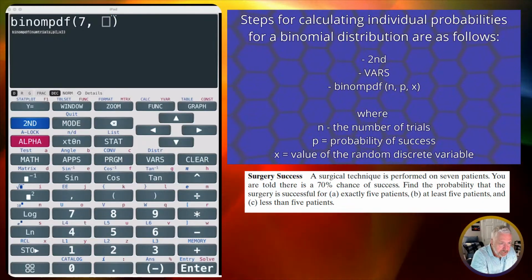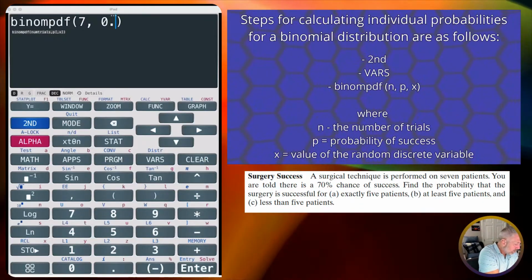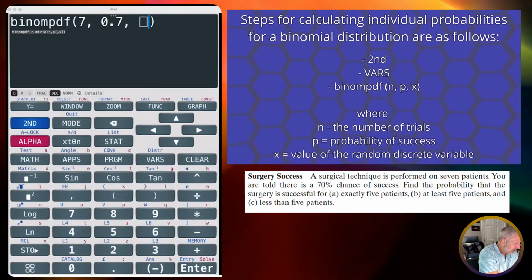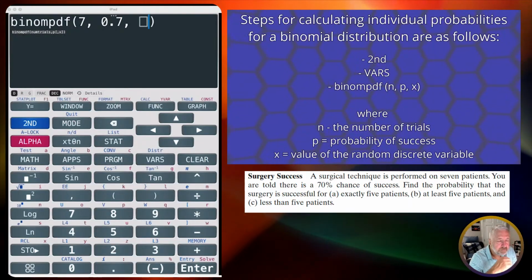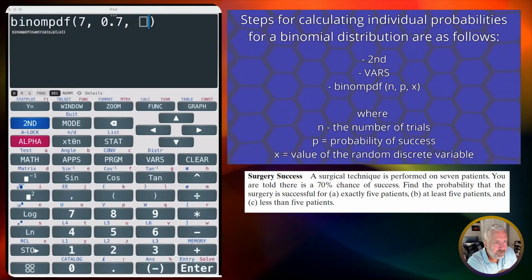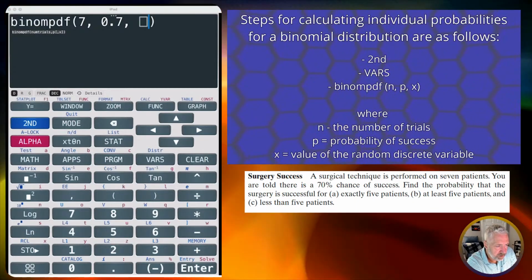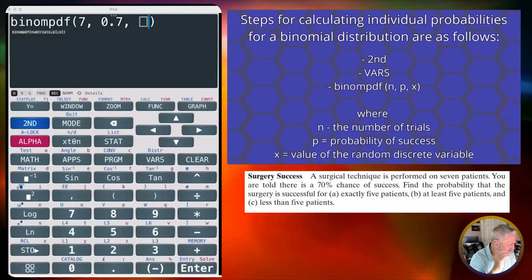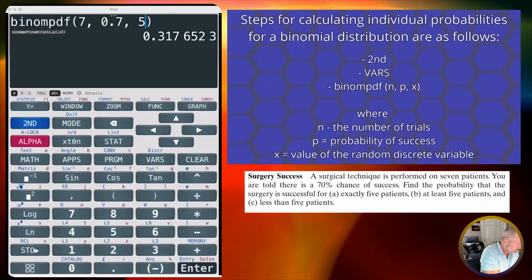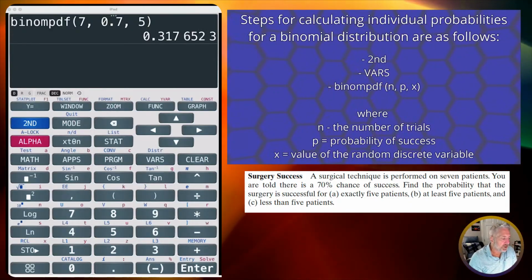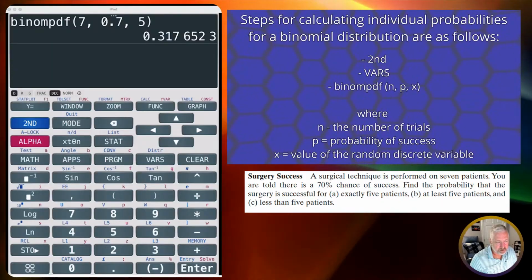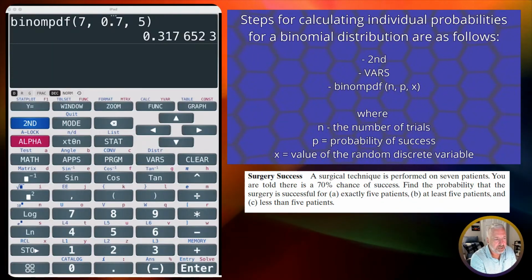My probability of success, 0.7. And then for that first value, the random variable x in this discrete distribution is 5. There it is. So 0.318, if you took it out to 3 decimal places,